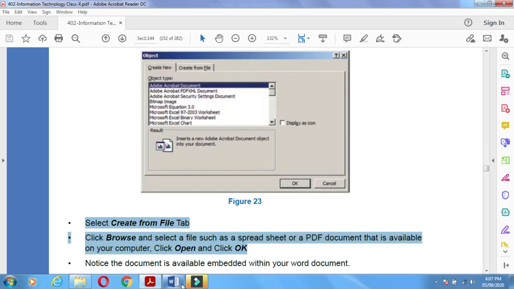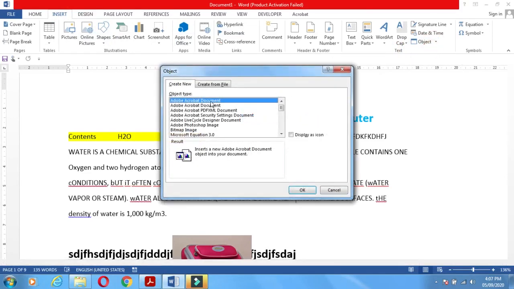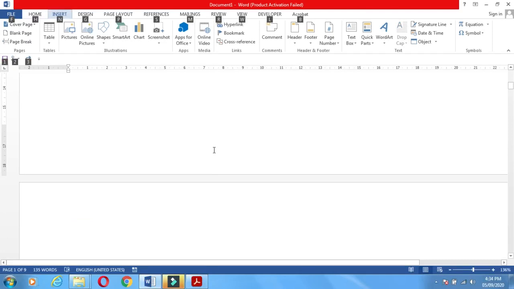Let us do the practical now. See, click on the Insert tab, go to Text, click on Object. Here are the Adobe Acrobat document, bitmap images, and Adobe Photoshop image. To insert these in the Word document, we click on Insert, go to Text, click on Object, and choose the different application programs.